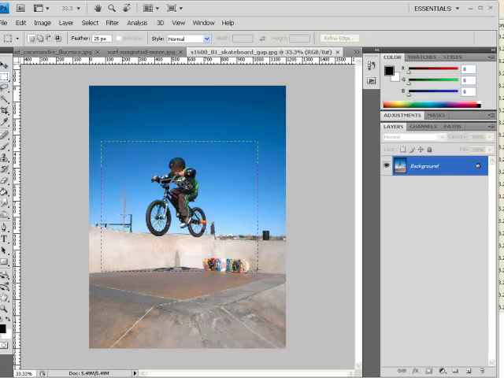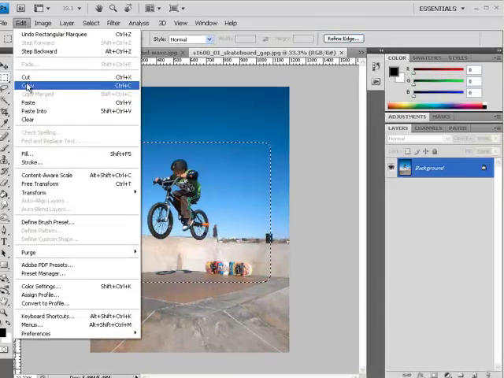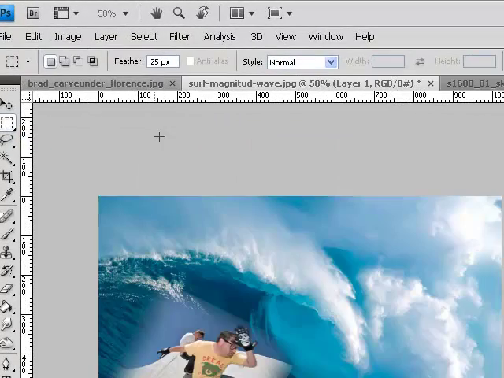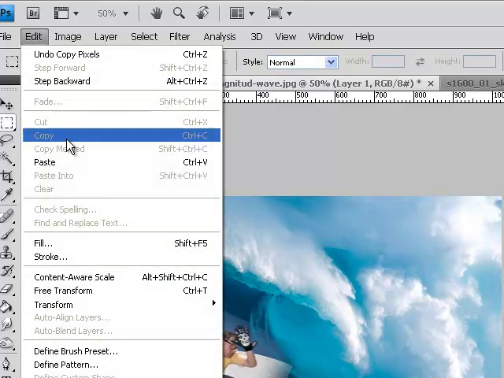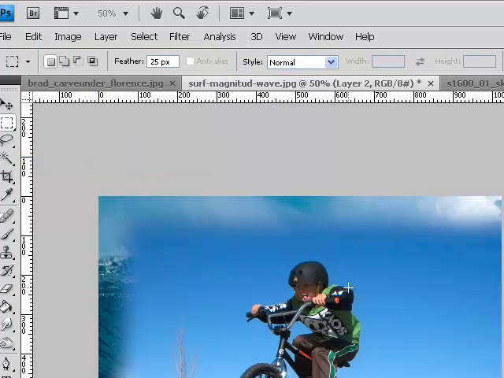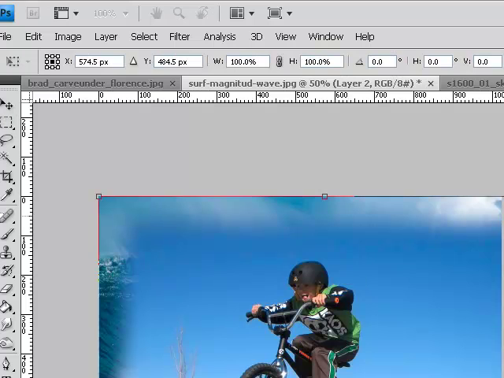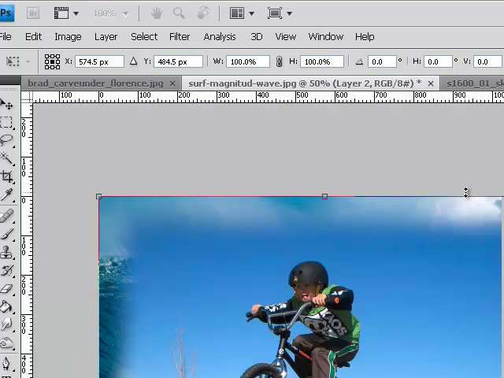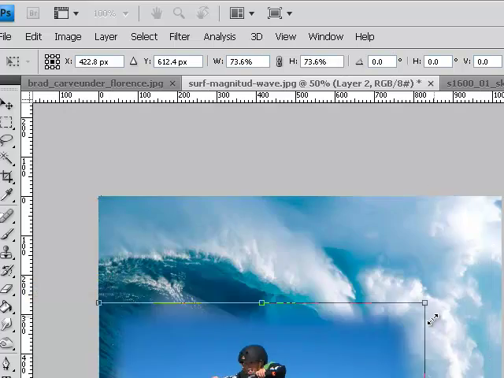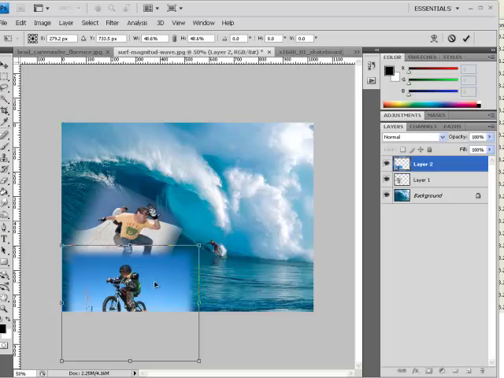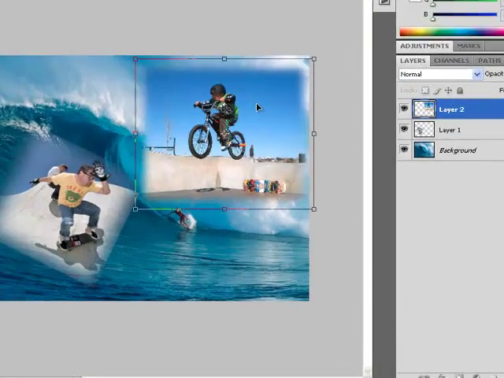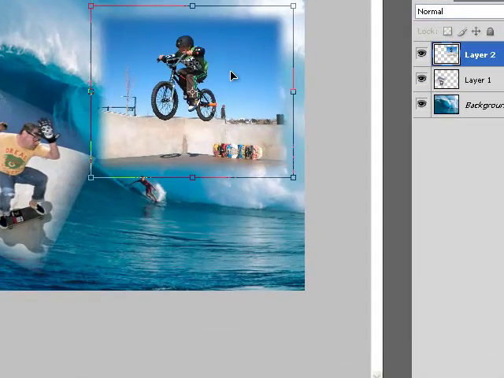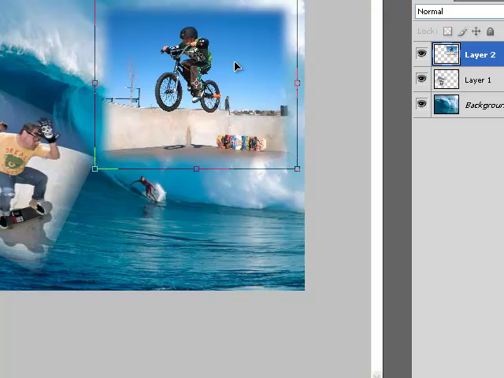If I use space, I can actually move my selection as I create it. And now I'm going to take edit, copy, go back to this image, and edit paste, or Control V works good too. Now that one's pretty huge. So using the transform tool, which is, by the way, Control T, keyboard shortcut, I'm going to shrink that one down, and I want it to fit within my image. So I'm just trying to combine a conceptual image of a bunch of different action sports to create sort of the idea that I'm working on here. So I'm now going to push enter,